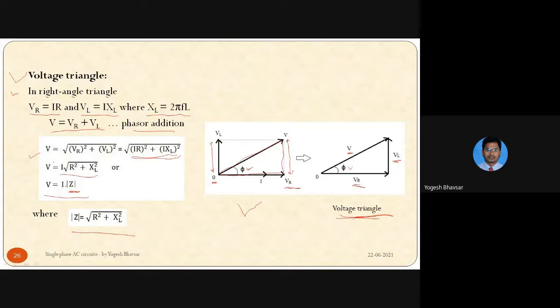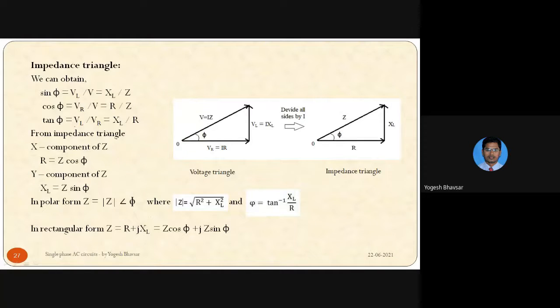Right? So this is the total voltage we can calculate. This becomes Ohm's law, V is equal to IR, and here in an AC circuit, R is nothing but impedance. So V is equal to I into Z. So this is the voltage triangle, and many times the question asked in the exam is to draw the voltage triangle, impedance triangle, power triangle, right?